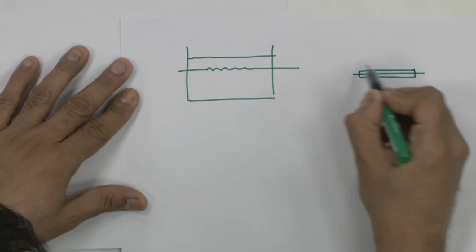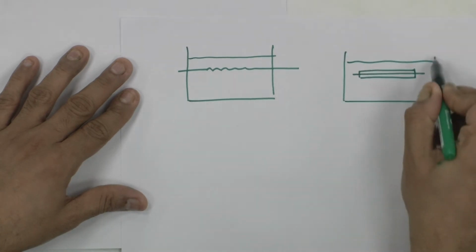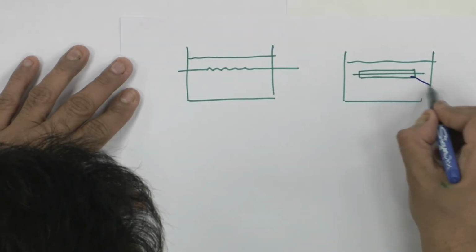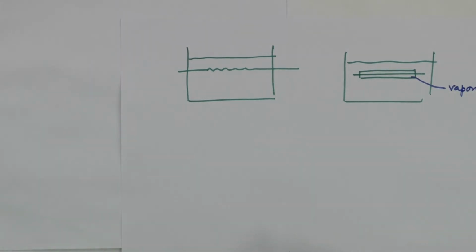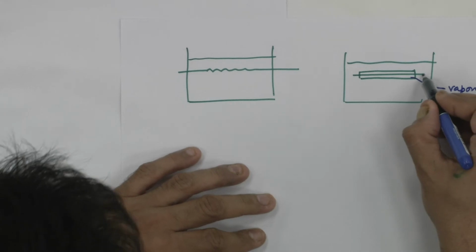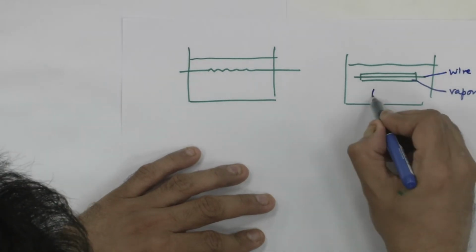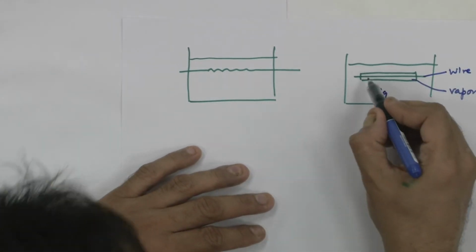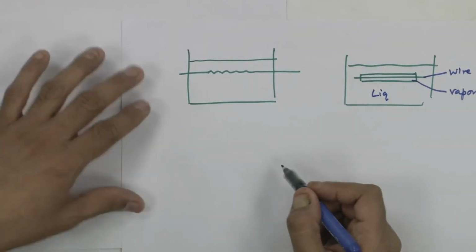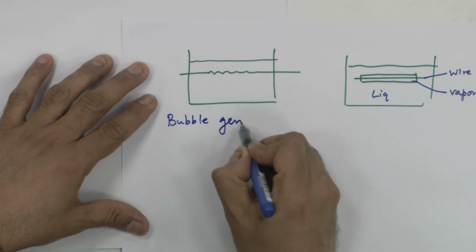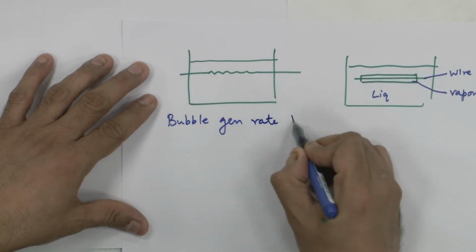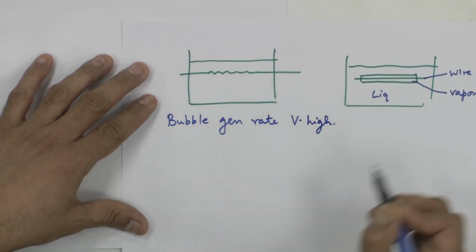This is a cushion of vapor and liquid is still there here. This is the cushion of vapor which is formed on the surface. What will happen? I am supplying heat more and more, and this is the heater wire. Liquid is still there, but because the bubble generation is so rapid, the rate is very high, and that is not